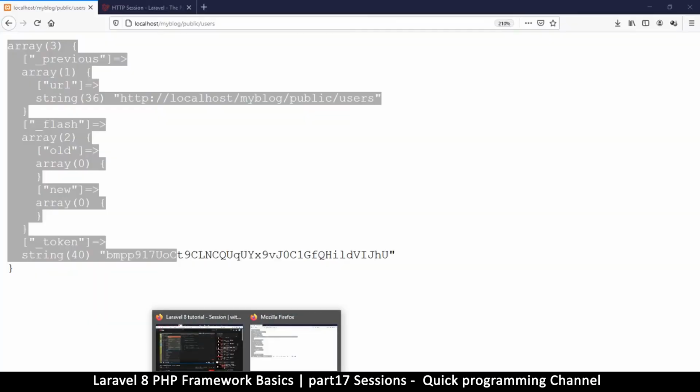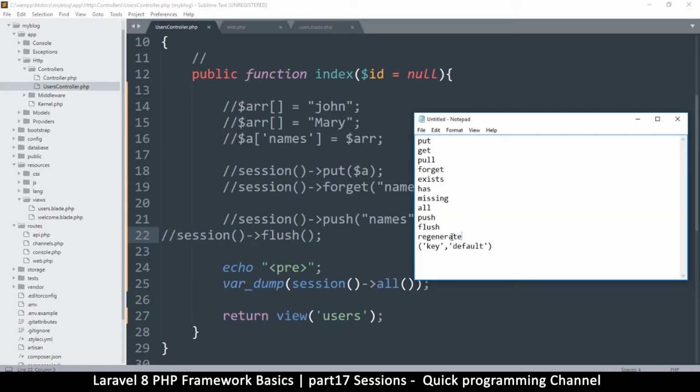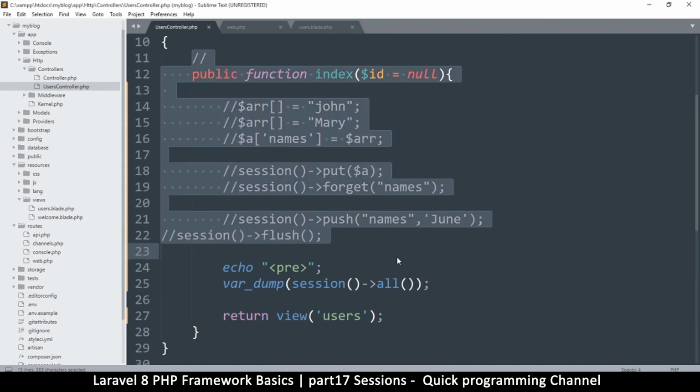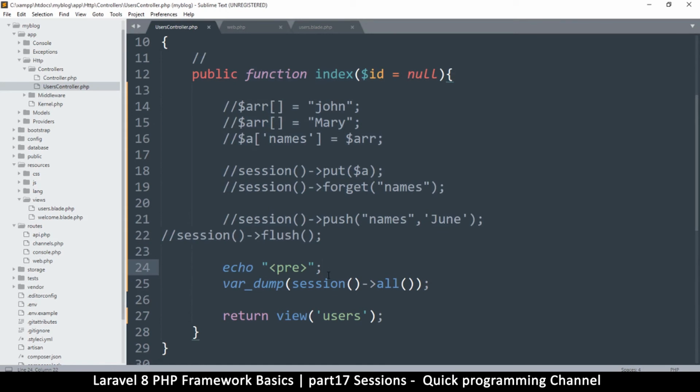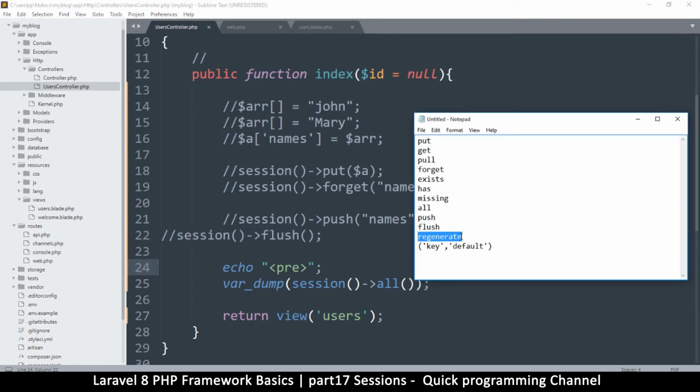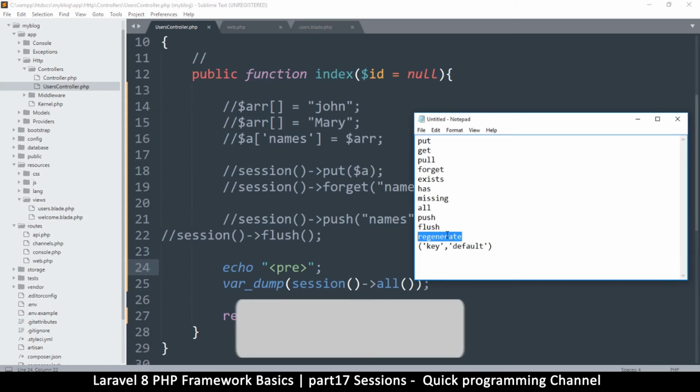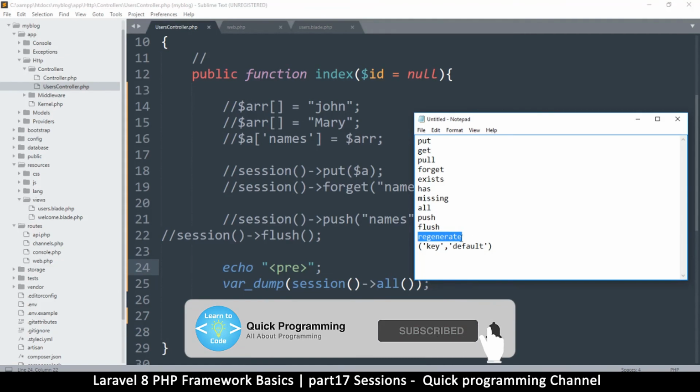Then there's also regenerate, which will regenerate the ID, right? So a session has a session ID, of course, because the session is actually a file on your hard drive, on the server's hard drive, it stores all this information. So now if you tell it to regenerate, it means it's going to delete that file and create a new one, which will have a different ID. So it means when you regenerate, if there was anyone who was logged in, that particular user will get logged out because you've regenerated their particular session, because the session is very individual